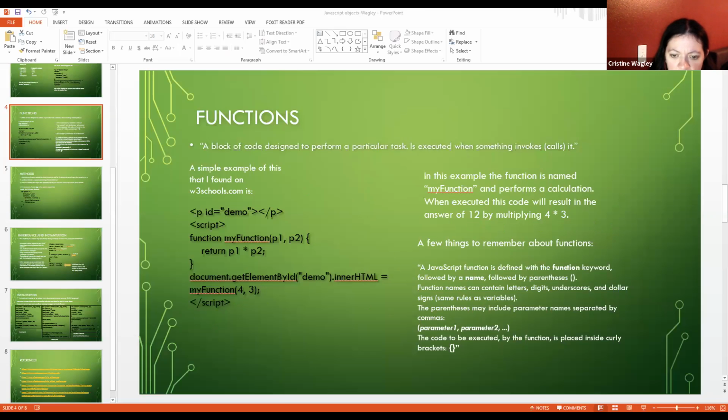So to go back, let me show you. My example of a function on here was a window prompt button that will come up on the page. This is something that I worked on in my first programming class that I was familiar with, and so I used it again.